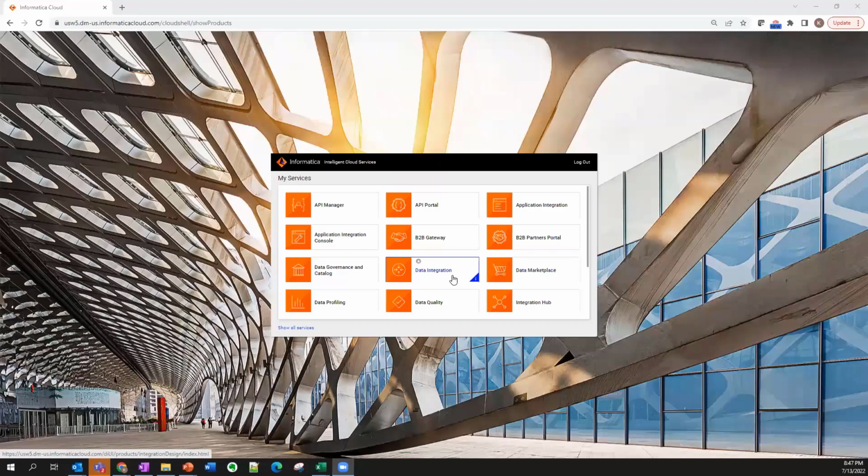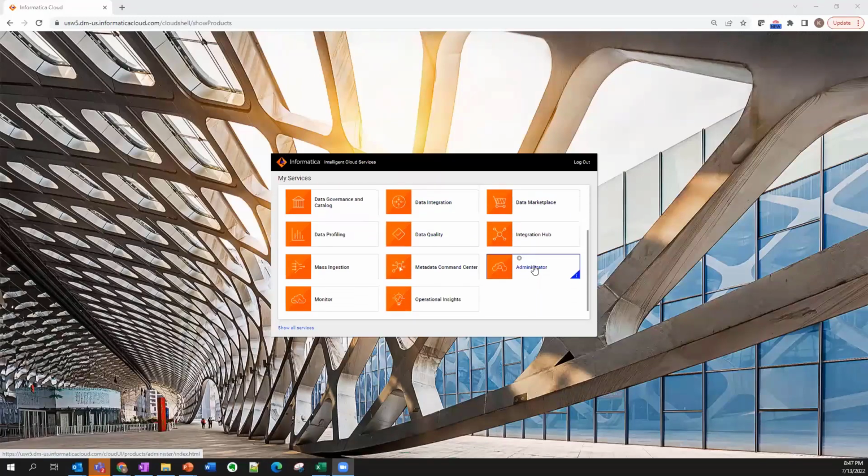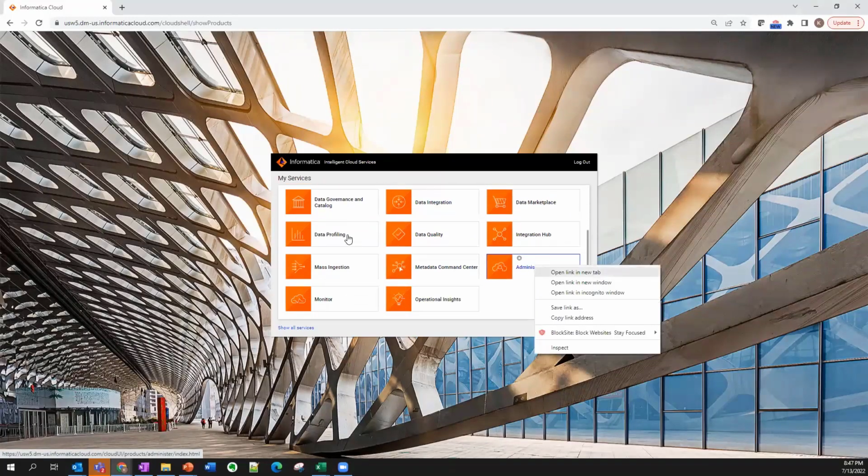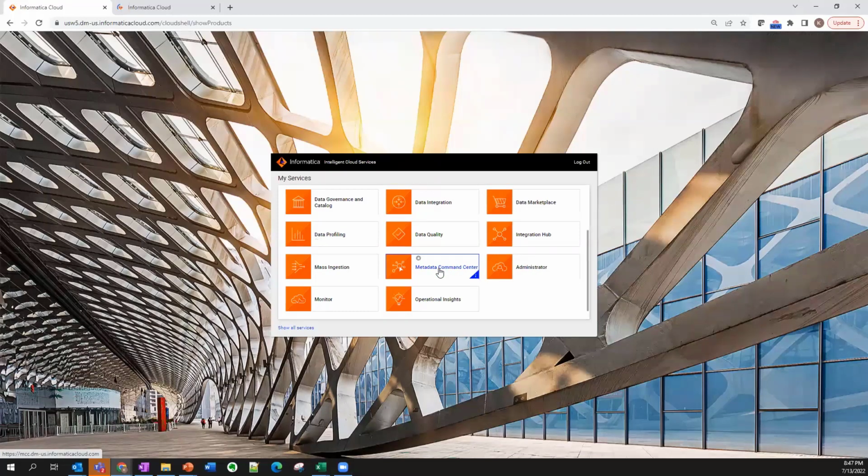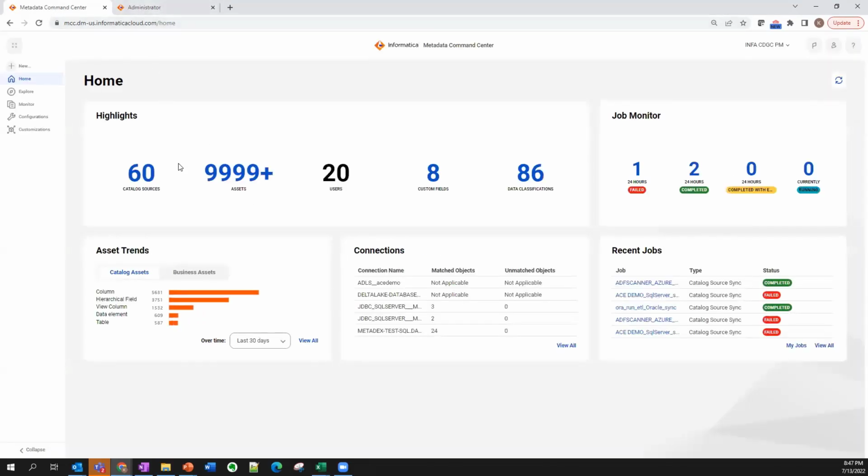I'm logged into IICS. That's the application, right? So my focus today is going to be on the administration aspect as well as on the metadata administration aspect primarily. So the difference between metadata command center and administrator is if you were to layer it in a